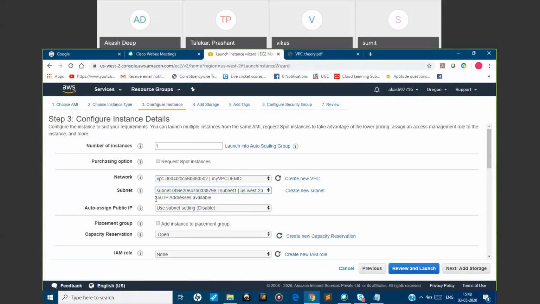So this shows 250 IP addresses available. One IP address got reduced because one IP address got assigned to the EC2 instance. As of now in 2C, we had not launched any instances, right? So if we click here, US West 2C, we can see we have 251 IP addresses available for us. Now in this we will do enable,